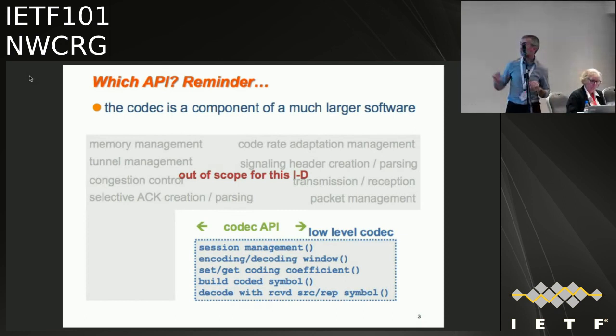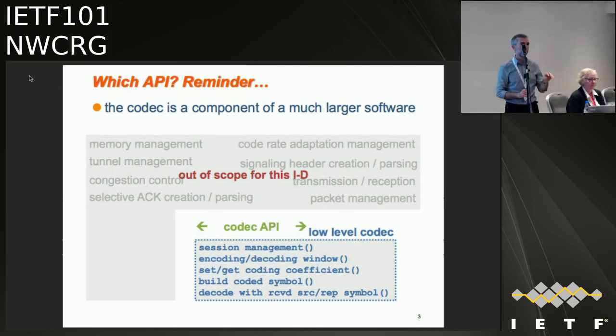So first of all, I would like to do a reminder before going into the details. We need to understand that what we are looking at here is an API for a low-level codec. A low-level codec will include a certain number of mechanisms, but certainly not all of them. A lot of stuff will remain in the caller, in the application, or in the protocol that will use this low-level codec. So we have the codec API in between, but a lot of stuff will be out of scope